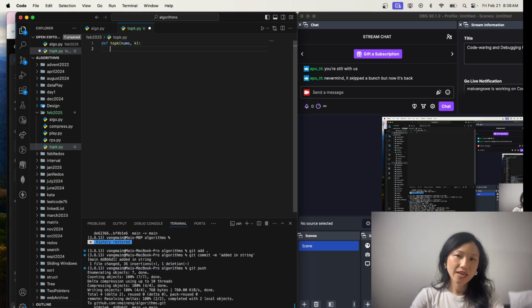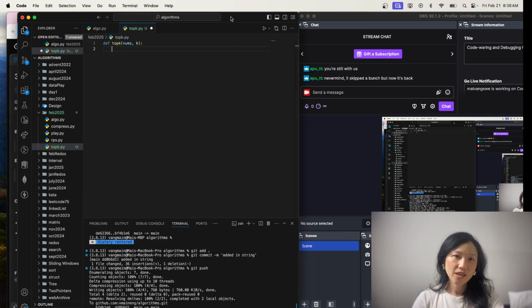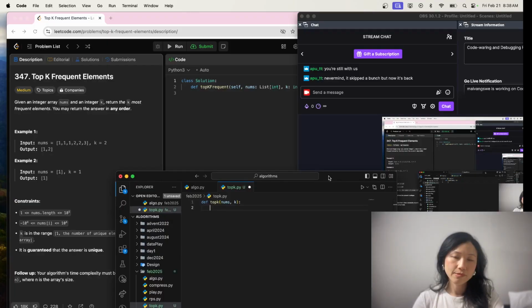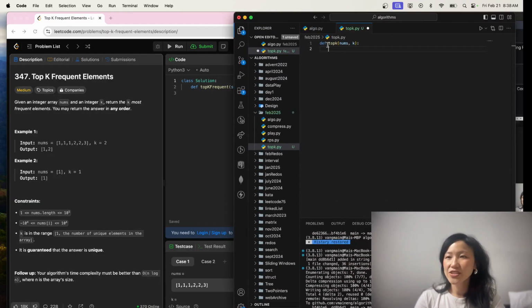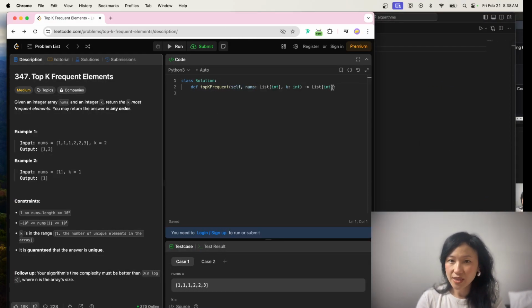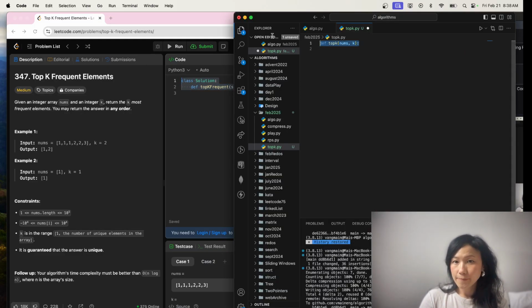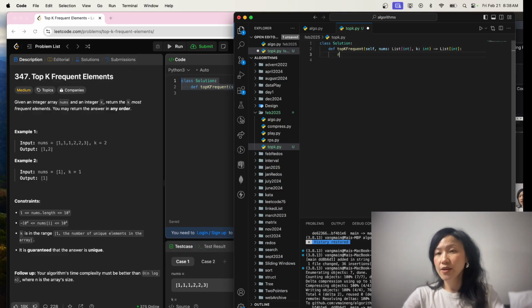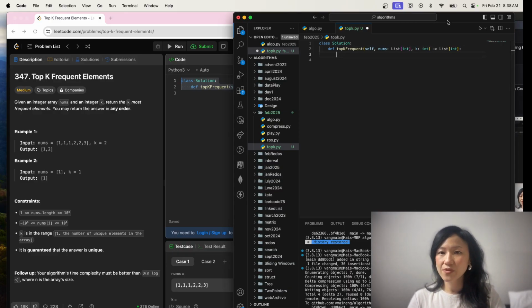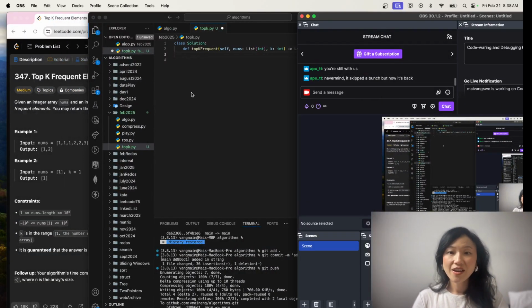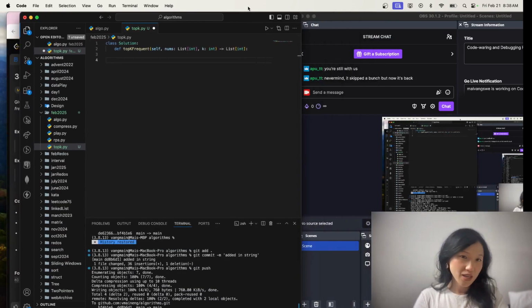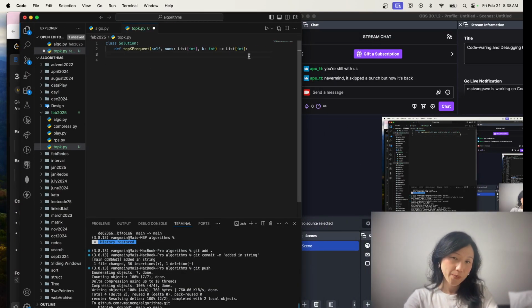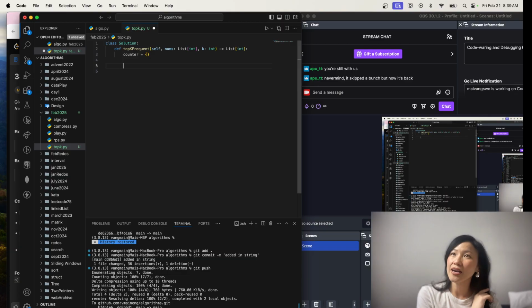And we're gonna say in this one, I feel like it should be a little bit more explicit like this as well. Okay, so as I mentioned before, we're gonna keep a counter. So we're gonna say counter equals, I know that there is a counter